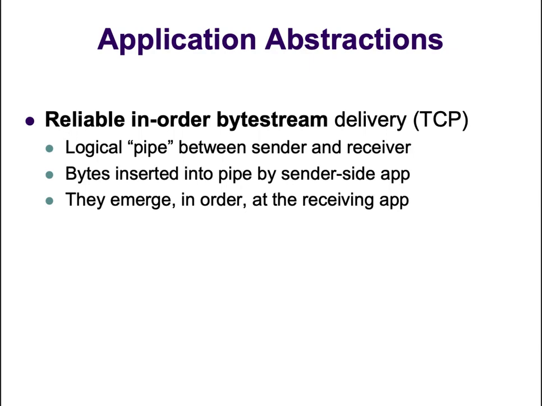Does that make sense? So this is the abstraction that TCP wants to give to applications. So it's what we call the northbound abstraction. Okay? The abstraction that TCP itself has to deal with, or the southbound abstraction, is the IP abstraction of packets, of retransmissions, of things that get lost, reordered, delayed, and so on. Okay, so that's why TCP